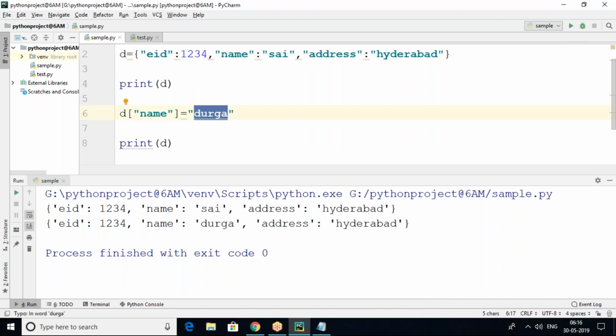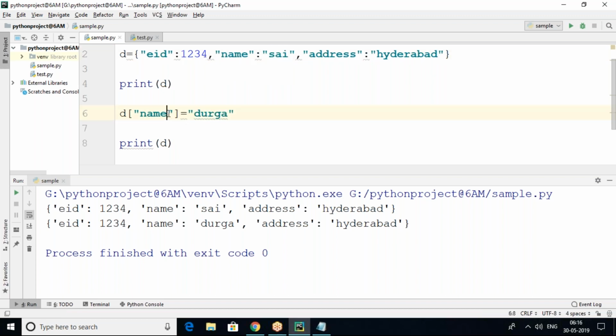Instead of Sai, I am giving Durga. So you can see Durga is present. If this key is already present, the value gets updated. Name is a key, already present in the dictionary, and its value Sai is going to be updated with Durga.